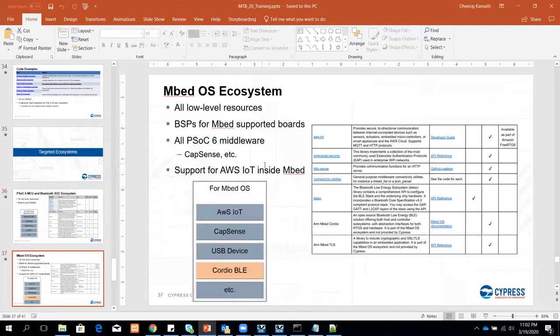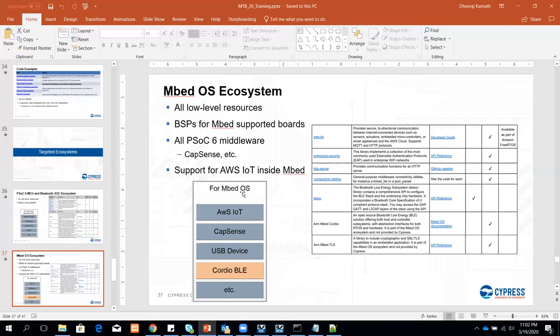So getting into the Embed OS ecosystem, we have 3 boards which are now supported on Embed: the PSOC 6 BLE Pioneer Kit, the PSOC 6 Wi-Fi BT Pioneer Kit, and the PSOC 6 prototyping kit, which you all have, the 4343W Proto board. These 3 boards support Embed OS, and we have middleware available for them on GitHub, and you can see which ones are supported, and you can choose to use them.